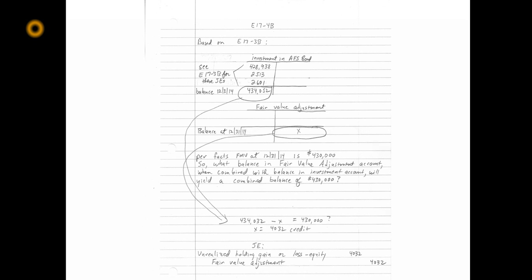So the question is, what balance do we need in that fair value adjustment account so that when that balance is combined with the $434,052 balance in the investment account, it yields a combined balance equal to the fair market value of the securities, which is $430,000. Well, if you do the simple algebra, you'll see that the balance that we need in the fair value adjustment account at December 31st, 2014 is a credit